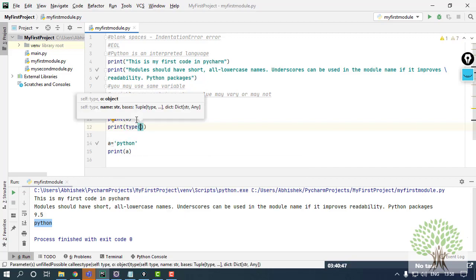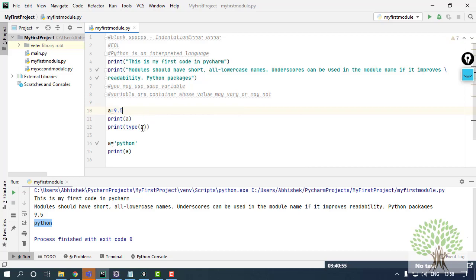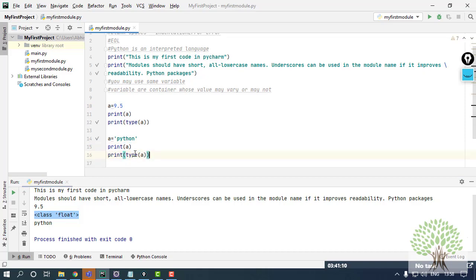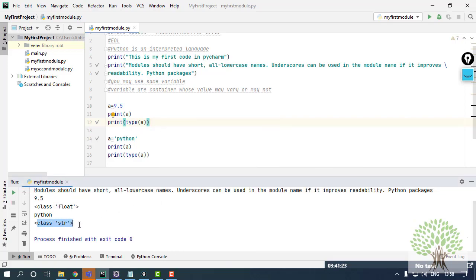You can pass on whichever variable you want to look for. I want to look at the variable A, to see the data type of the value stored in A. So I'll save it and run it. You can see over here I am getting it as float. The same way, if I use the same command for my second declaration, where I'm giving the value Python, a word, the data type is automatically decided, that is string.